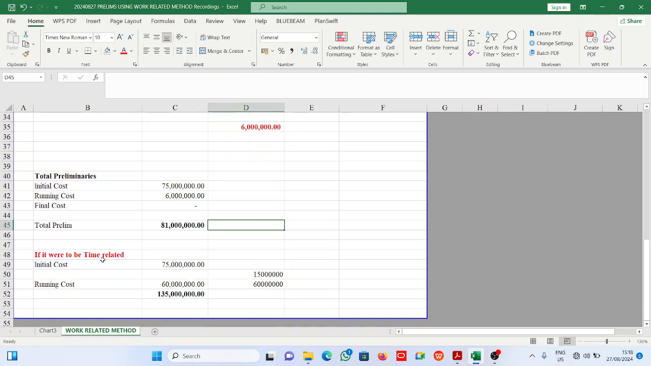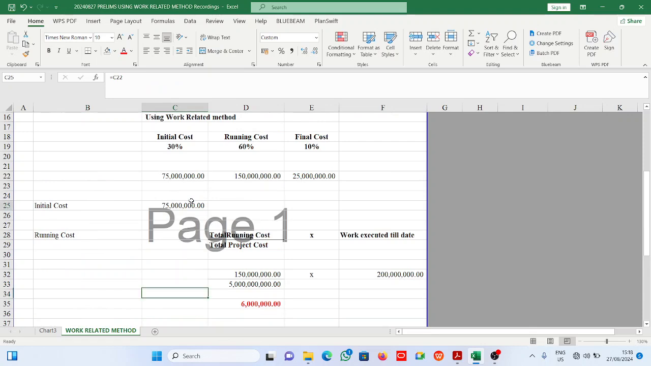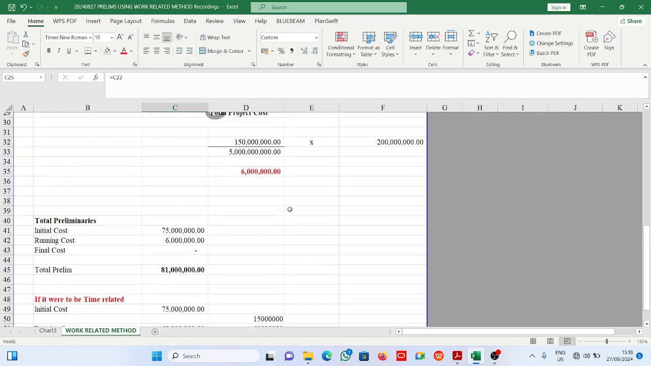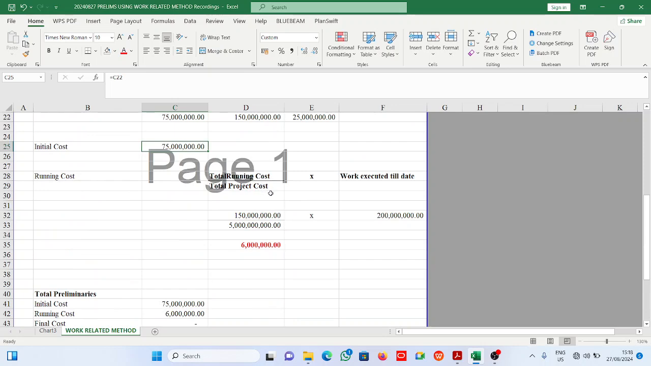Now, if it were to be time related, what would this same amount have been? Now we have our initial cost to be 75 million. Of course, this is it here. Then we have the running cost. In time related, which I would advise you check the previous video,